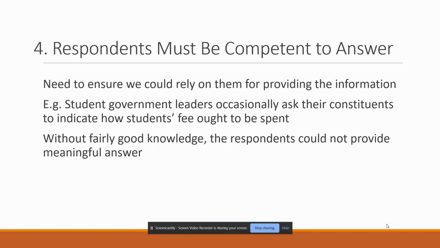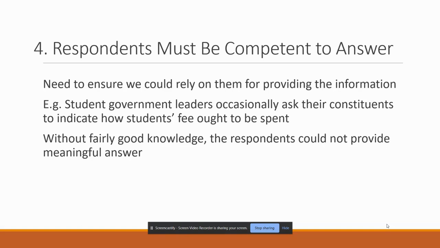Next is that respondents must be competent to answer. In conducting a survey, we need answers from the related people to find out what the real cause is, what the real things are that happen, and why it has happened. So we need to find competent participants and ensure that we can rely on the information they provide. For example,